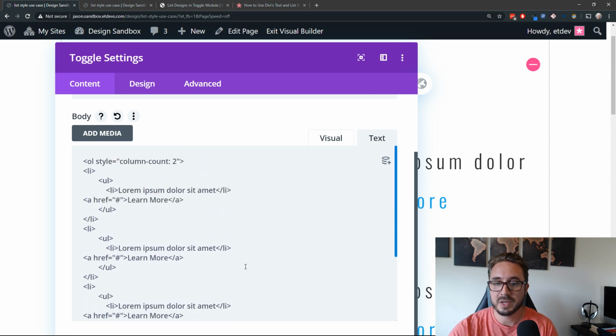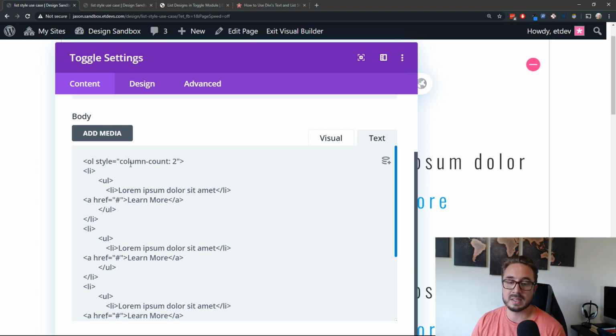So this is my HTML. This is actually an ordered list, just like we had before, but you'll notice that instead of having the list count starting at 1 like we did in the previous example, this is actually doing something different. It's using an inline style CSS